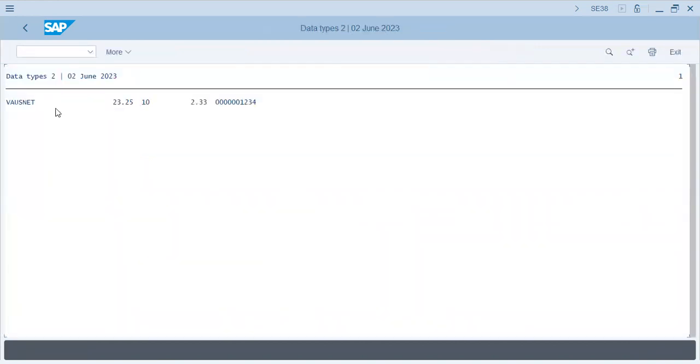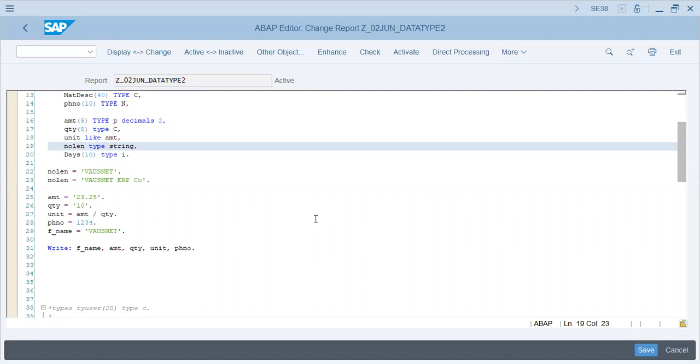WasNet 23. And now, why is this space coming here? Because of the length of the field that you have taken, right? That's why you're getting these many spaces. Okay. Anything that occupies a space is a data object, and we are done with today's